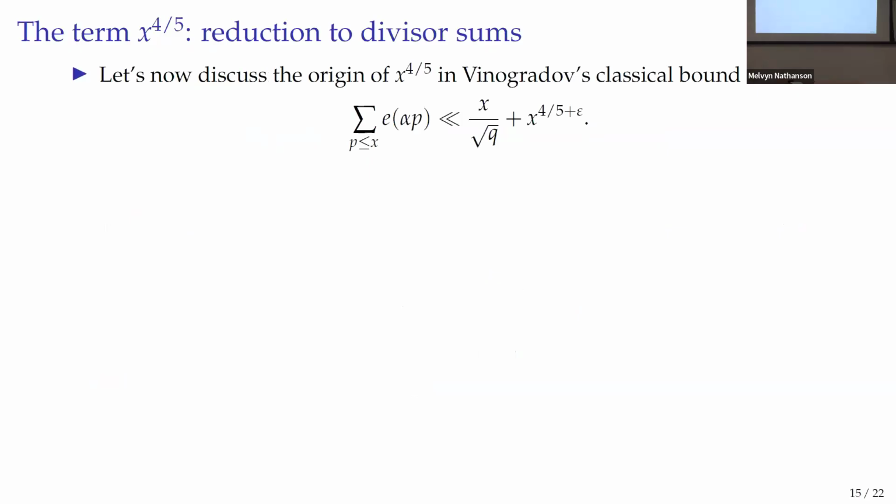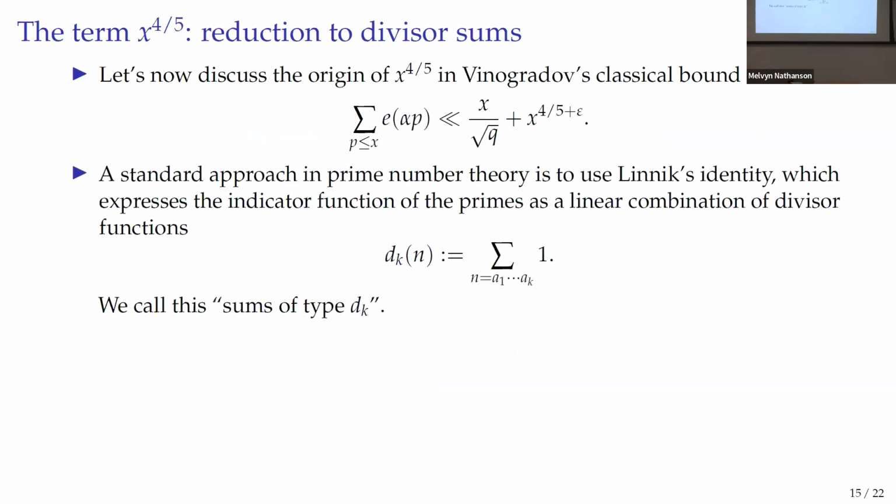4/5 is also motivated. It's not a random coefficient. This is a principle in prime number theory. When you want to prove something about primes using harmonic analysis, you usually start with what is known as Linnik's identity. What Linnik's identity morally does is that it takes the indicator function of primes and writes it as a big linear combination of divisor functions. So essentially, the first test that you do to see if you can prove something is to check if you can prove it for every divisor function. And if you can do that, you can probably do primes too.